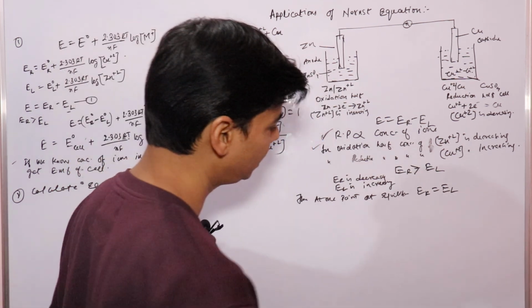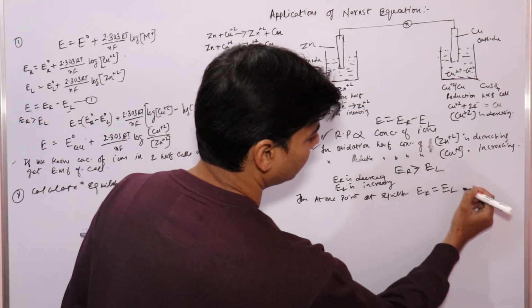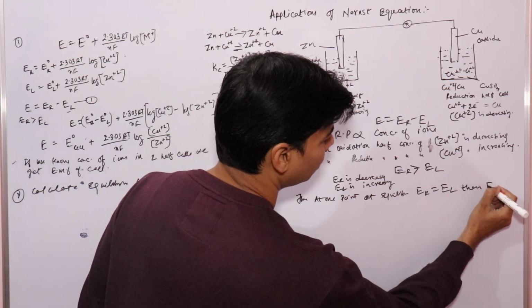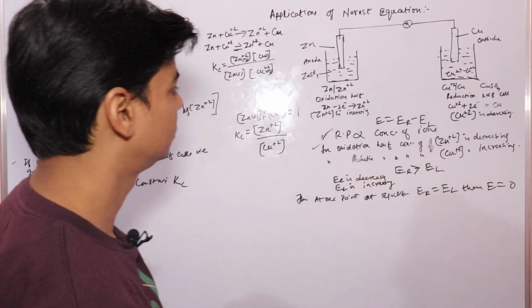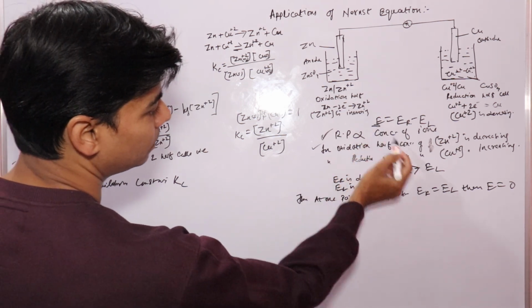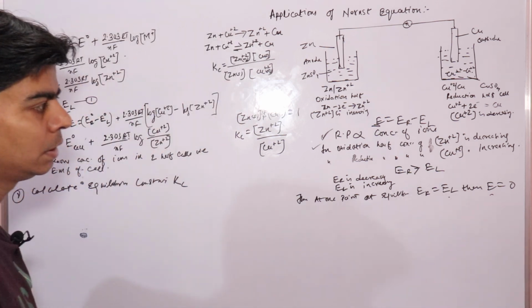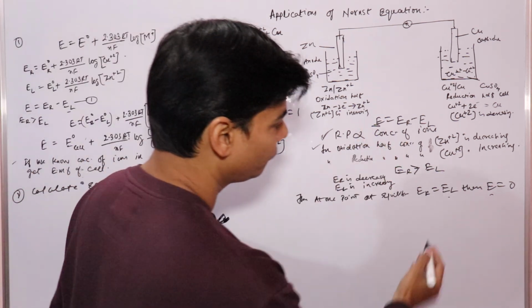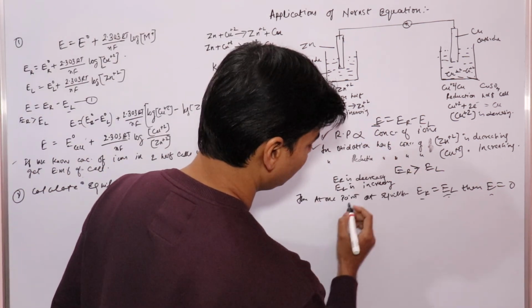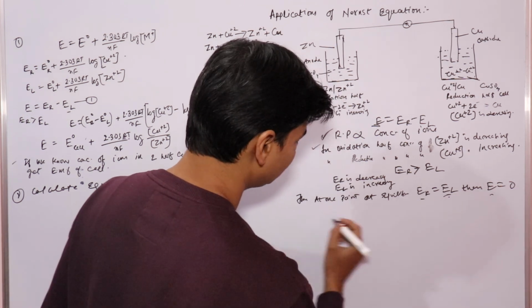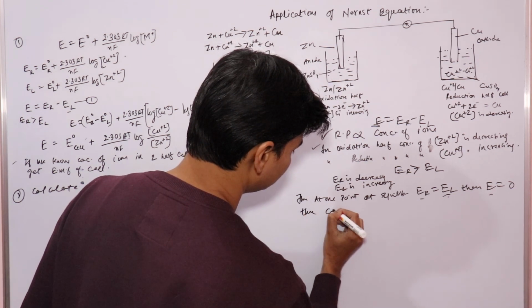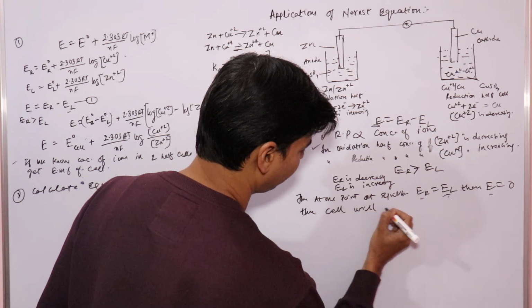So when ER would be equal to EL, then E is equal to 0, right? Here this E will become 0 when ER and EL become equal, right? So when these two become equal, E is equal to 0, then the cell will stop working,